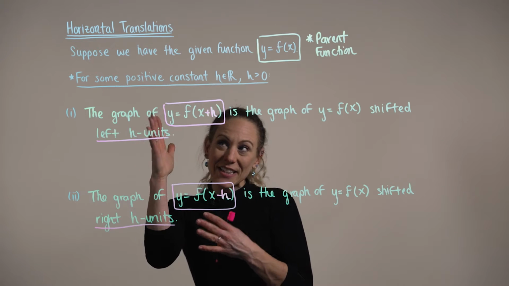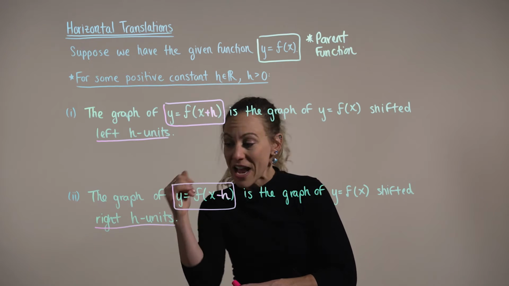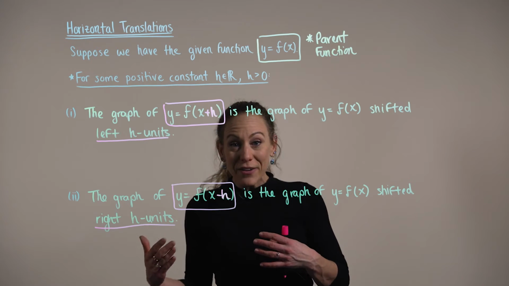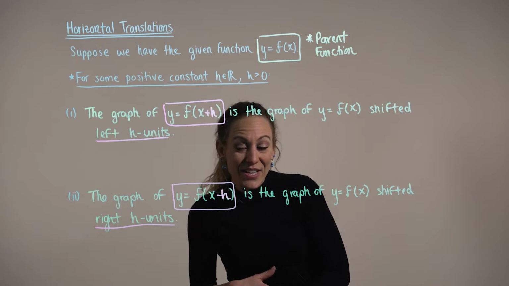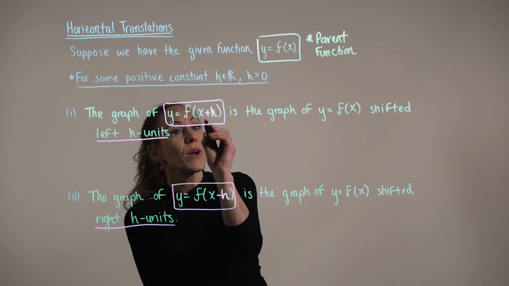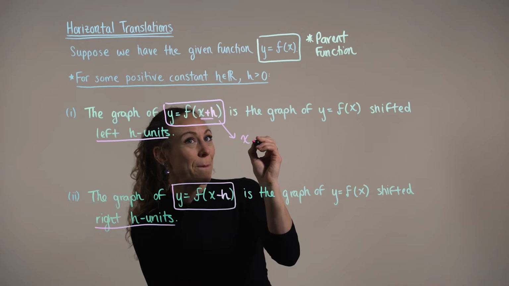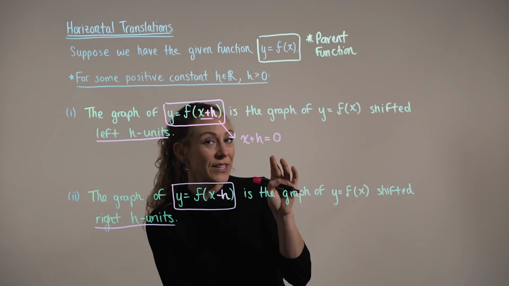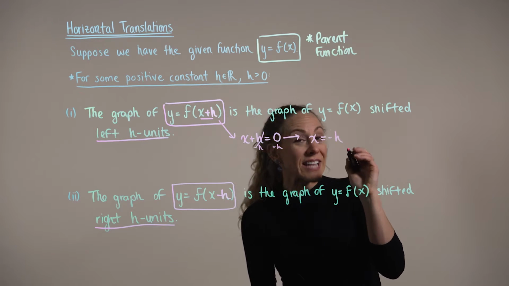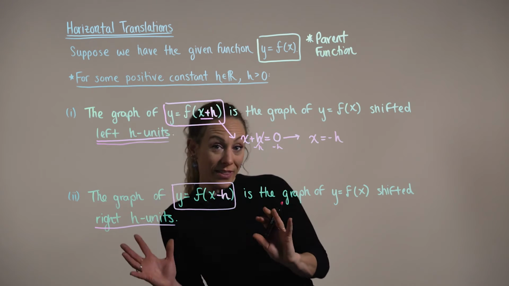Now, at first glance, these definitions can seem a little counterintuitive because we're shifting left when we're adding a constant and shifting right when we're subtracting a constant. So a helpful way to verify your horizontal translations is to think about how the x-intercept is being translated. So we're going to take the argument of our function and set it equal to 0. So we have x plus h is equal to 0, and solving for x, we can see that our new x-intercept here is at minus h,